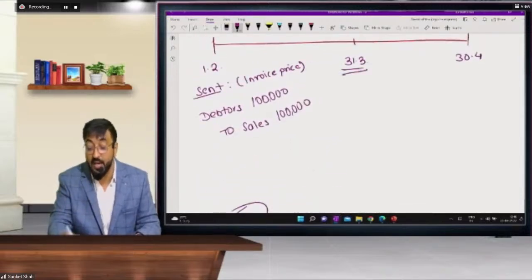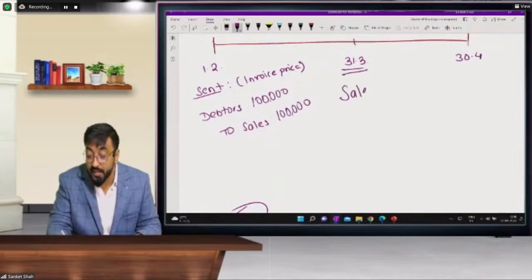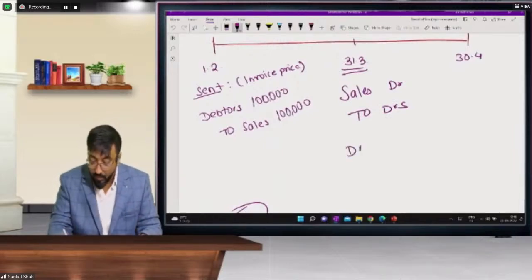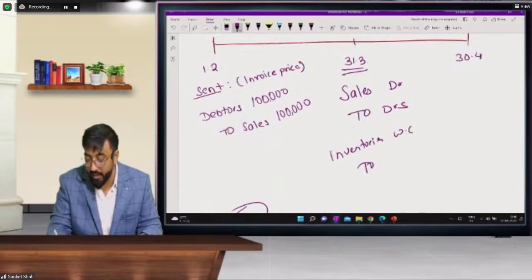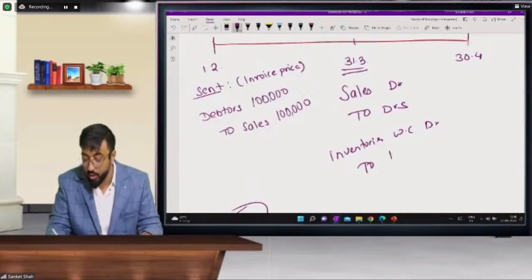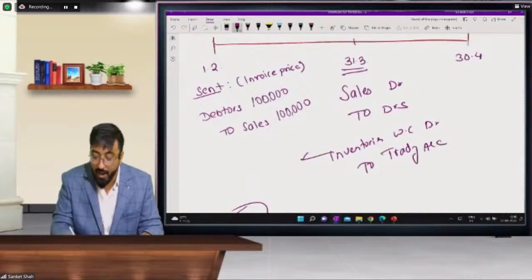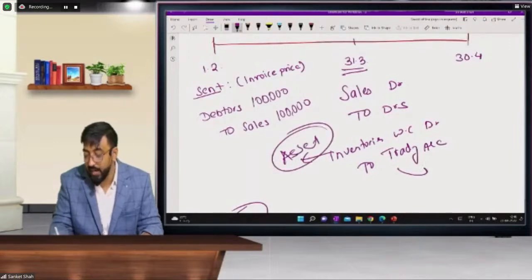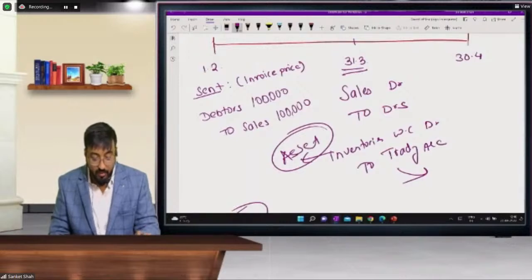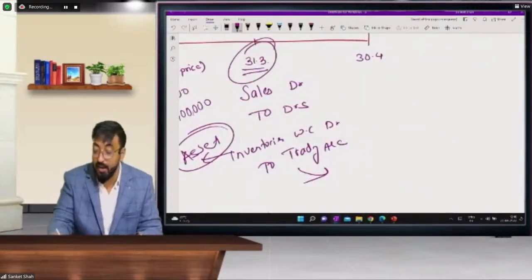भी नहीं आया, 31 मार्च तक। तो फर्स्ट वी हैव टू रिवर्स दिस एंट्री, सेल्स अकाउंट डेबिट टू डेटर्स. You have to reverse that entry on 31st March. And inventory lying with customer, inventories with customer, I won't write full names, सेल और रिटर्न बेसिस पूरा लिख सकते हो, टू ट्रेडिंग अकाउंट। ये किधर जाएगा? बैलेंस शीट के एसेट साइड में। ये किधर जाएगा? ट्रेडिंग अकाउंट के क्रेडिट साइड में। ओके, सो इट्स वेरी सिंपल, 31 मार्च। एंड आफ्टर दैट, आफ्टर 31st March, if he accepts